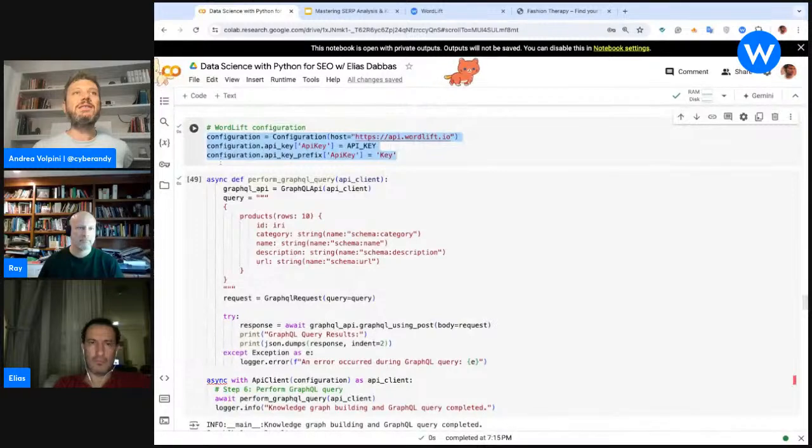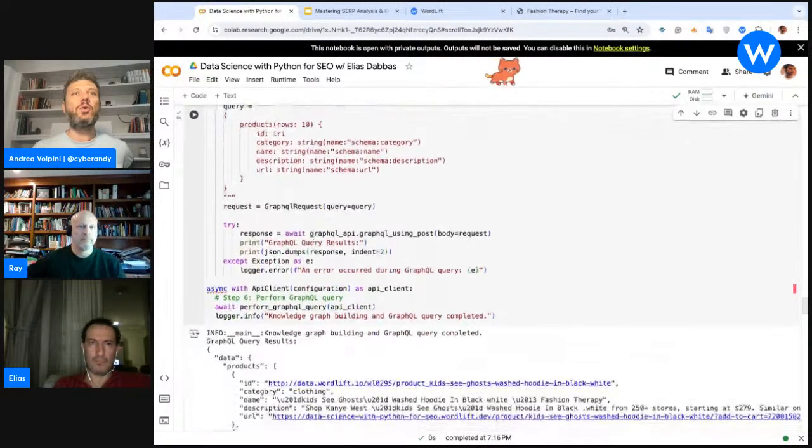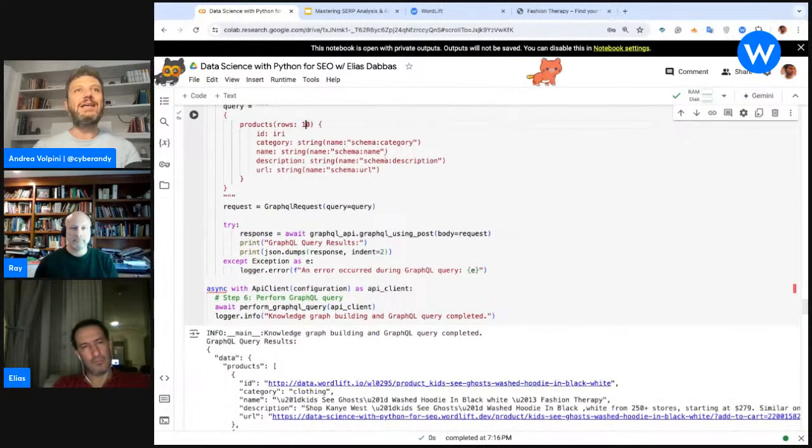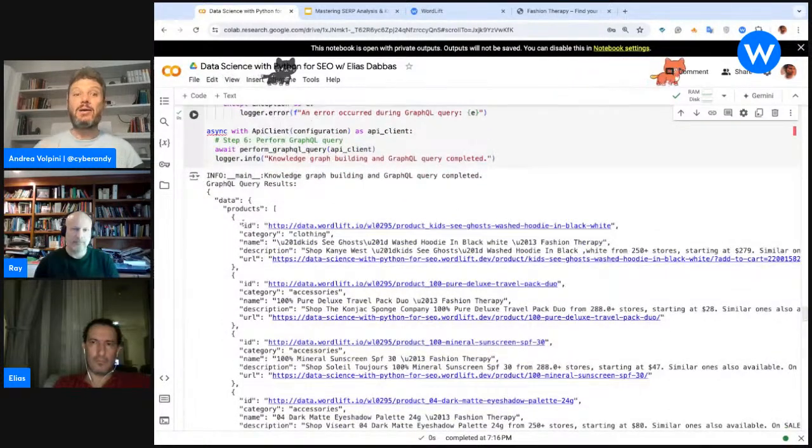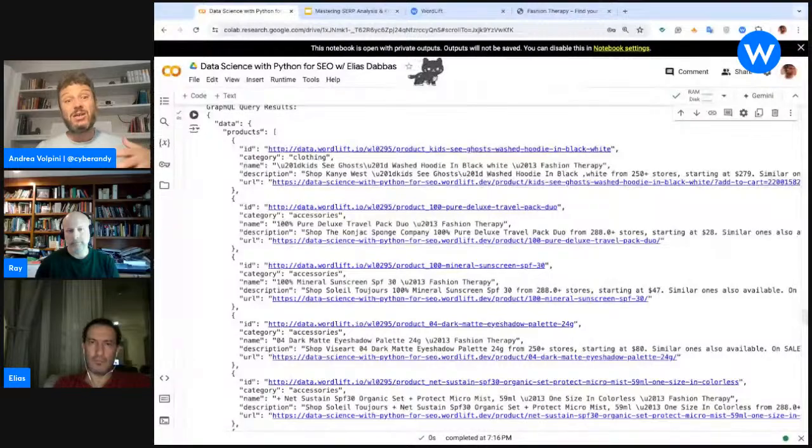And then here you can see that as I trigger this query, I'm just getting 10 products, and I can say, okay, now give me 20. And here I'm getting the data out of the GraphQL endpoint. So we built the graph successfully, and the data is coming out. Now, what do we do with this? Because I mean, this is okay. This is a query. It's interesting because I could do several things already, but